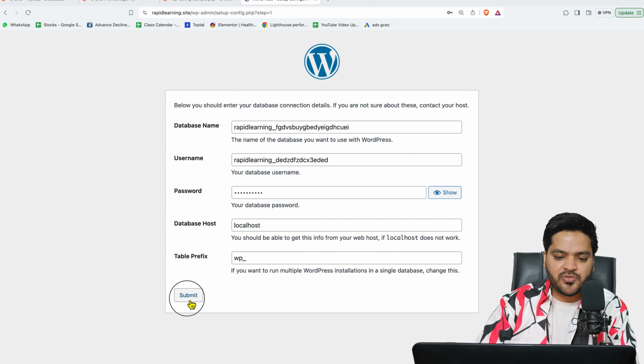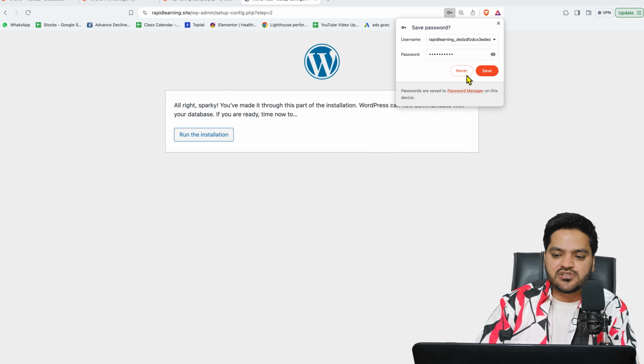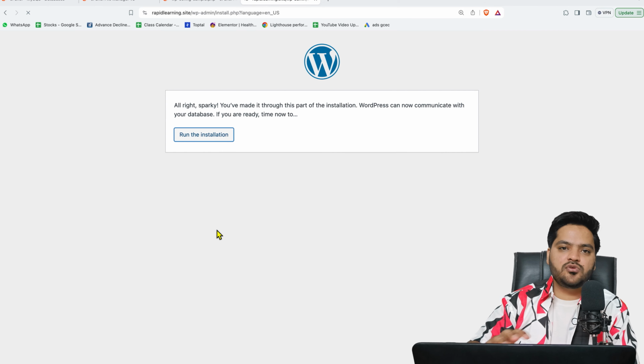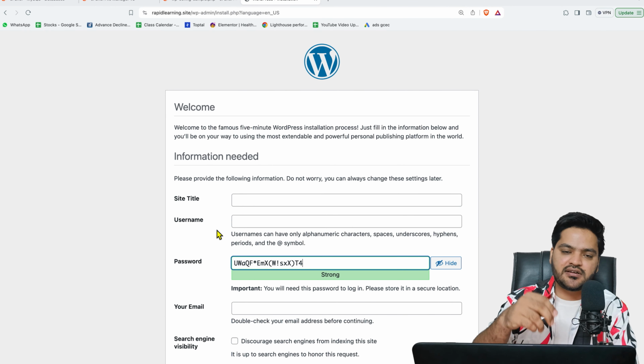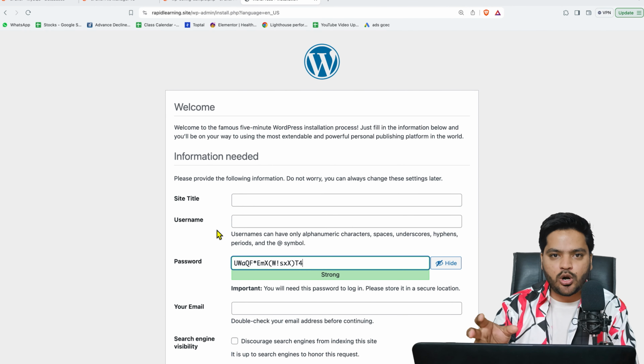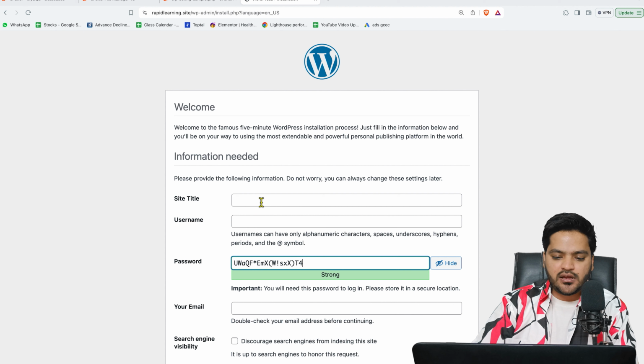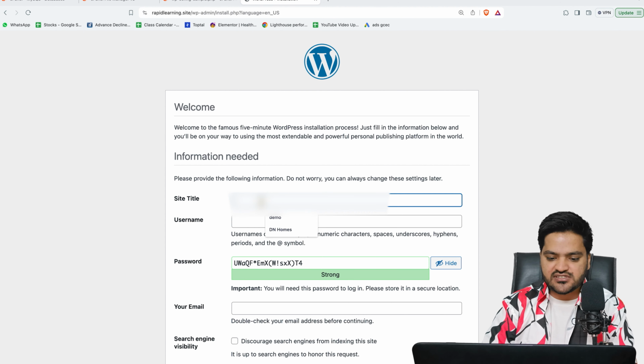Now click on submit. If you have done everything right, then you will see this kind of screen that is called run the installation. Click on this process. And if you have made any mistake like connecting the database or entering wrong details, wrong password, then it will show you the error. But if everything is placed, it will show you this welcome screen. Here we need to add the site title. We'll say demo